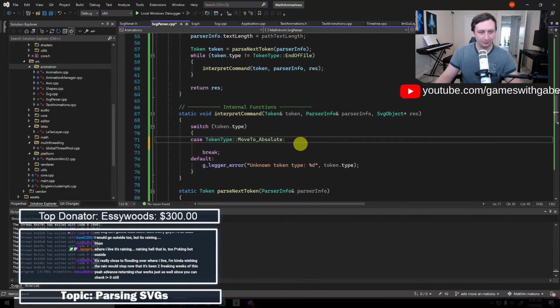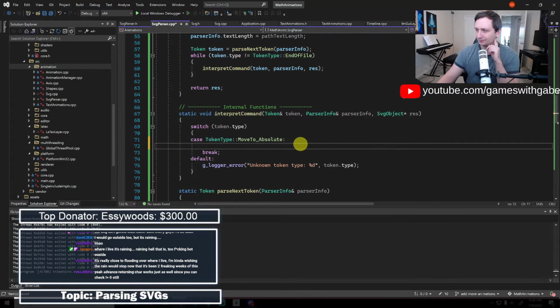Back into here now. So move to absolute. What do? We parse two numbers, and then we parse the next command. And if it's a number again, then we continue parsing the numbers, if that makes sense.